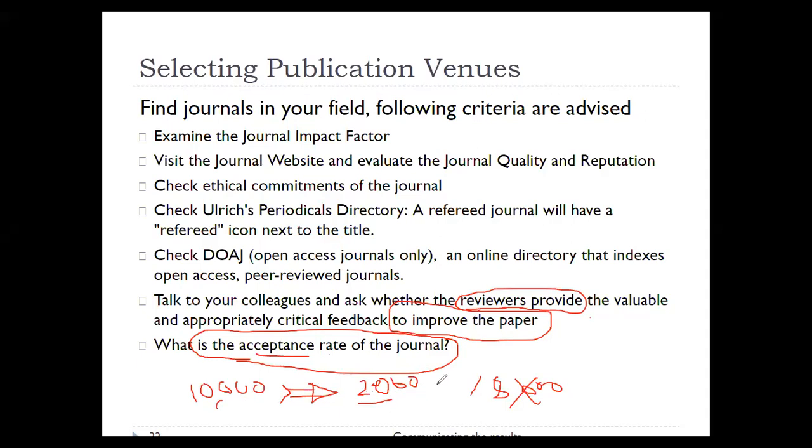So you have to decide depending on the time you have. The lower the acceptance rate, the less probability you have of publishing your research article there. If you require your research article to be published in due time, for example, आपल्याला PhD ला काय लिमिटेशन्स आहेत, PhD साठी रिक्वायरमेंट काय आहे तुमच्या सध्या? Have you read your PhD guidelines? Whatever I know, you require 2 research papers. During the PhD, you need to have at least 2 research papers.